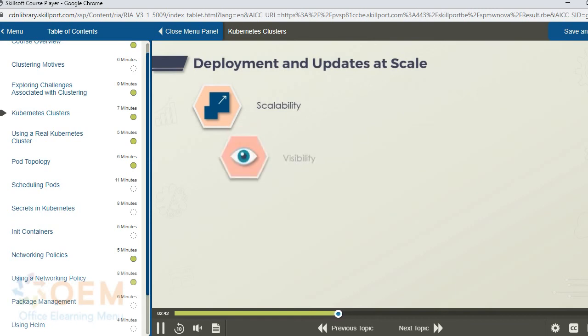Kubernetes enables visibility for deployments with status querying, so we can recognize the state of deployments, whether they are in process, failed, or completed. Kubernetes also simplifies the task of updating deployed pods with newer versions, and similarly simplifies the job of rolling back to an earlier deployment if it turns out that the current